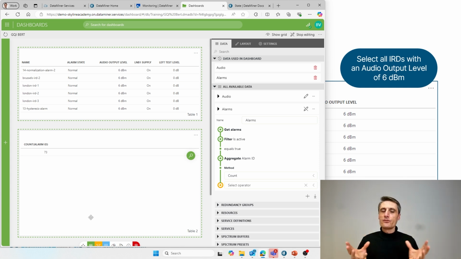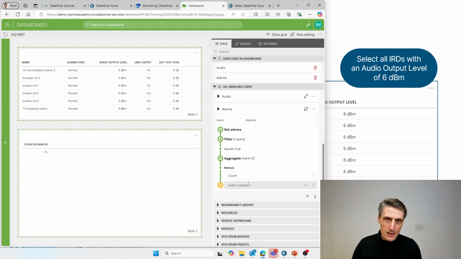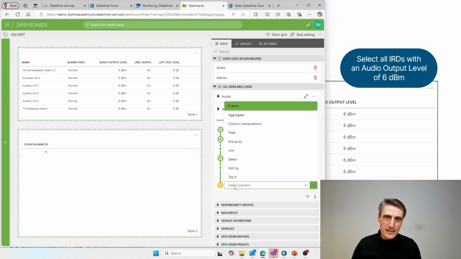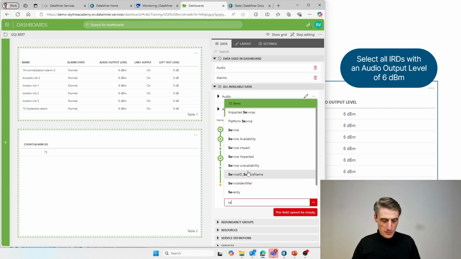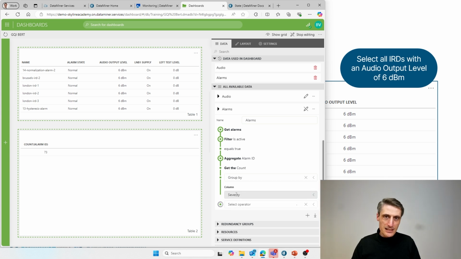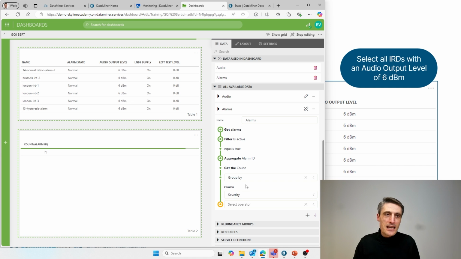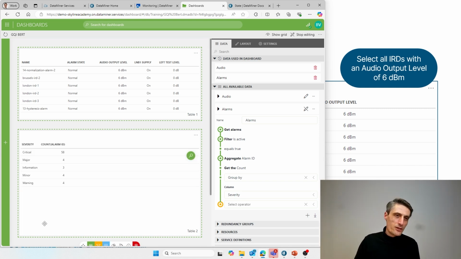Okay, in total I have 73 active alarms, including the information ones, apparently. But I want to break it down, and I want to see how many I have per severity. So the next thing I will do is click on that operator, and I will now do a group by. Now that group by is there, I can group by and select any of the columns. I start typing in there, severity. So I can group it by severity